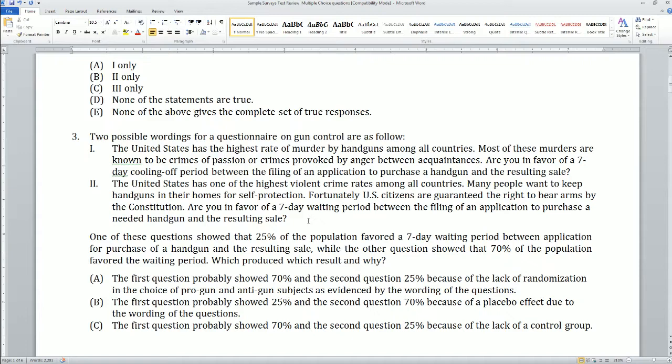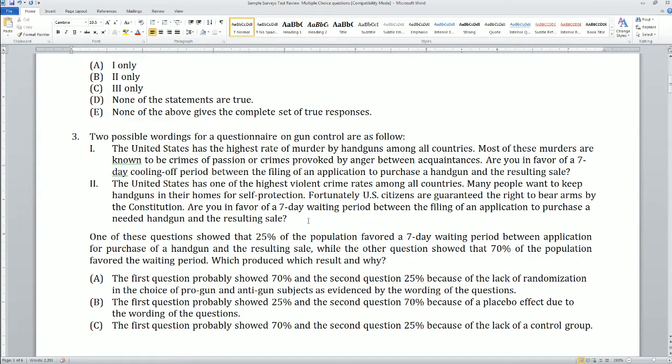Two, the United States has one of the highest violent crime rates among all countries. Many people want to keep handguns in their home for self-protection. Fortunately, U.S. citizens are guaranteed the right to bear arms under the Constitution. Are you in favor of a 7-day waiting period between the filing of an application to purchase another handgun and